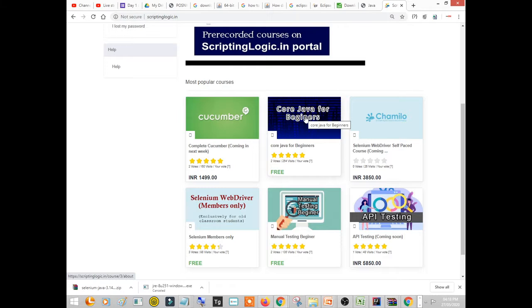Aarti Wagmare asks, sir, which tool is best for testing? Selenium, of course. Just in case you want to automate a web application, Selenium is best. Using QTP or UFT, you can test desktop applications as well, right? But it is paid. You need to pay a lot of money just to use QTP or UFT.